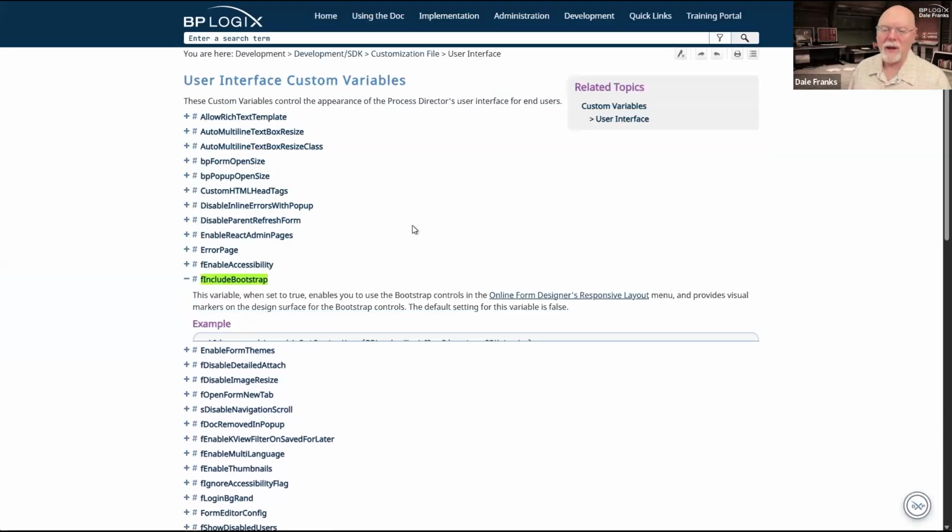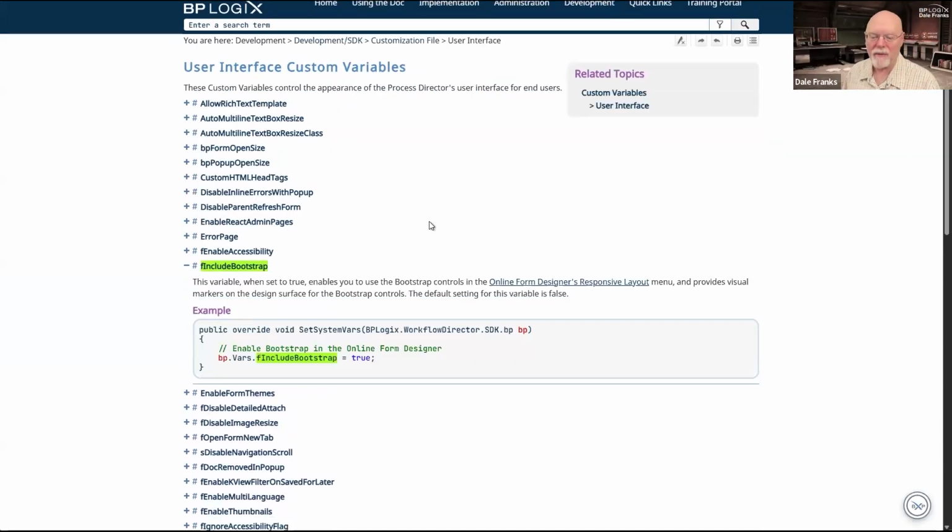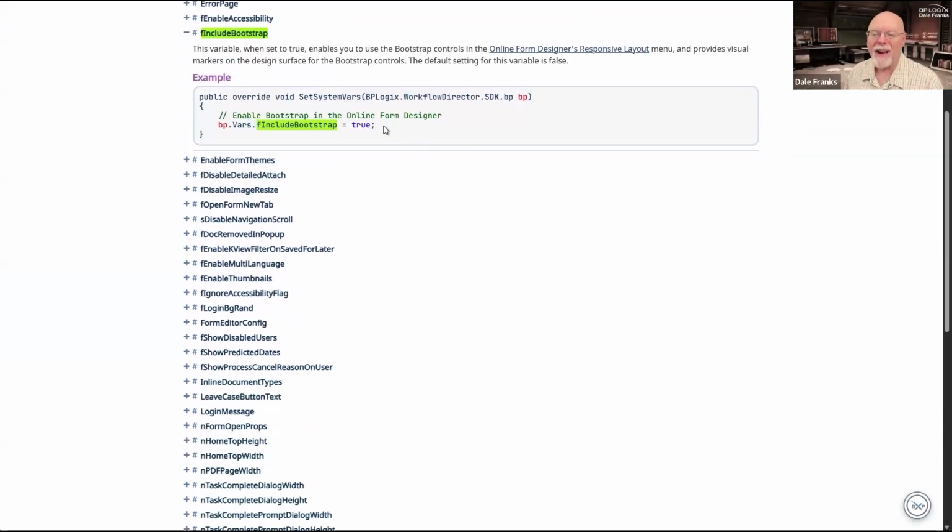It is one of the user interface custom variables. So by default, include bootstrap is set to false. If you want to use Bootstrap, then you need to set this custom variable to true in your set system vars subroutine of your custom vars file.